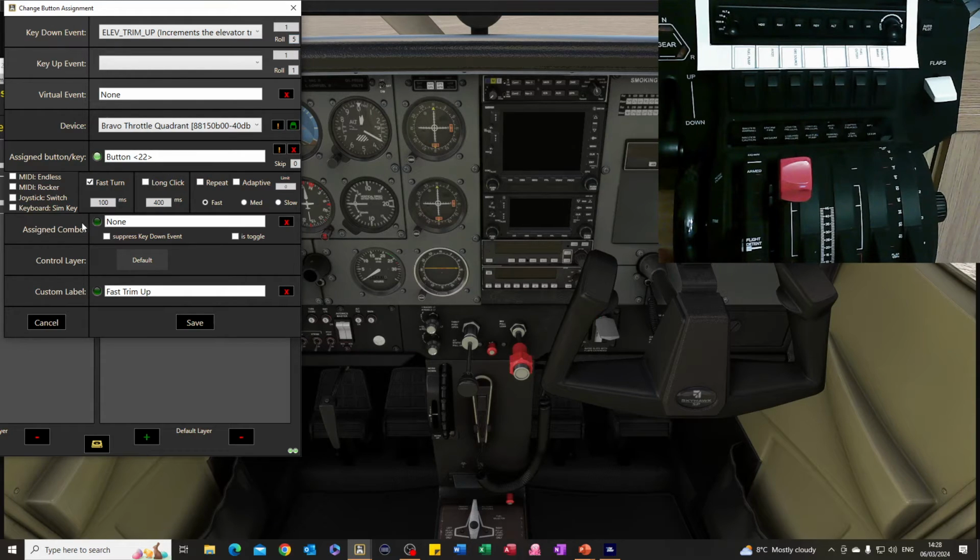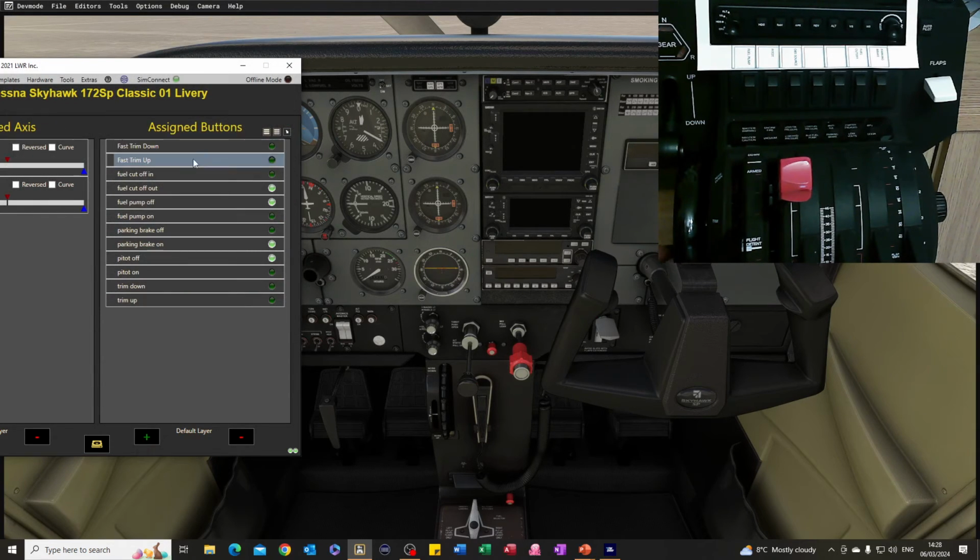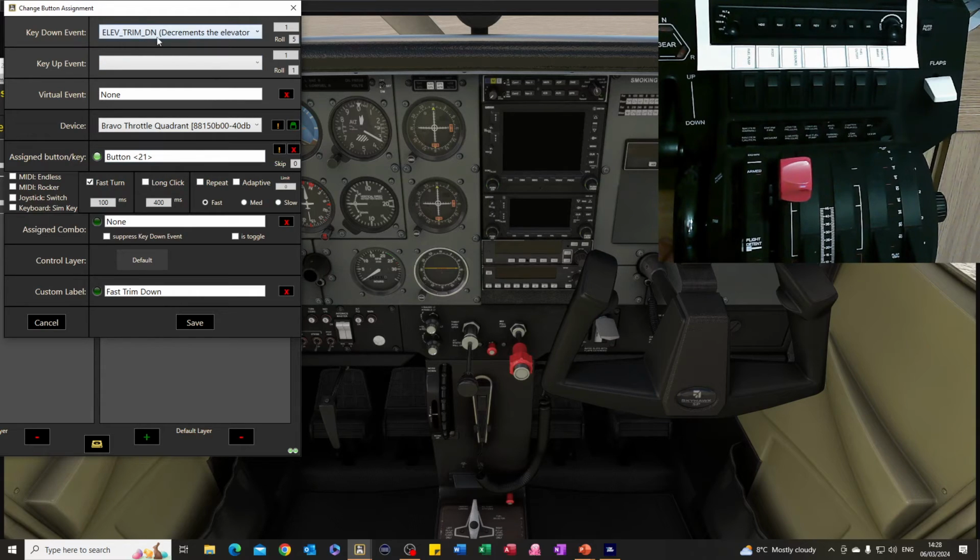that if it detects I've done a fast turn, and I've said that a fast turn is anything greater than 100 milliseconds is the fast turn. You can play with this figure and you can play with this figure. They change the sensitivity. This one here is when it should detect that you've done a fast turn, and what this does is it actually issues this command 5 times, so it's 5 times faster than a normal turn. And we've done the same for the fast trim down. So it's the same fast trim down command, but there's the roll at 5 and the fast turn is 100